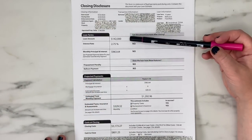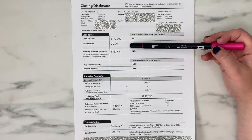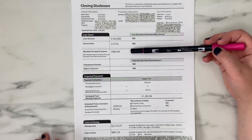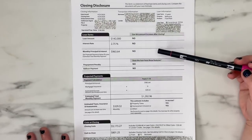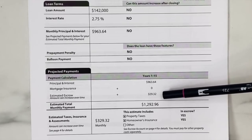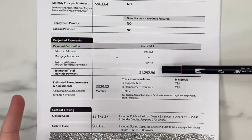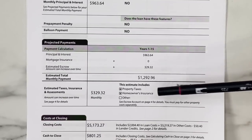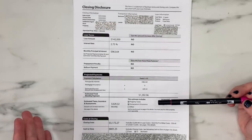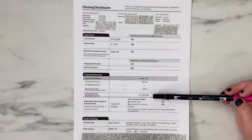The total loan amount was $142,000, and the rate was 2.75, and then our monthly payment was $963.64 for principal and interest. That's not our total payment, but our total payment down here, as you can see with escrow, is going to be $329.32. So the projected escrow, the estimated escrow to pay for homeowners insurance and property taxes, is $329.32. That is based on what we've been paying and how that's been working out, and it's been pretty accurate. So that makes our total payment